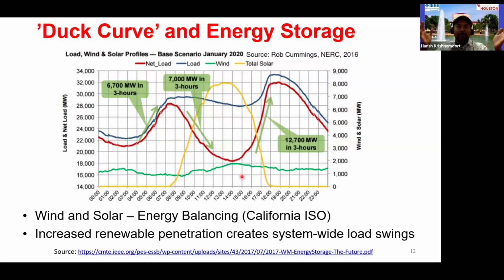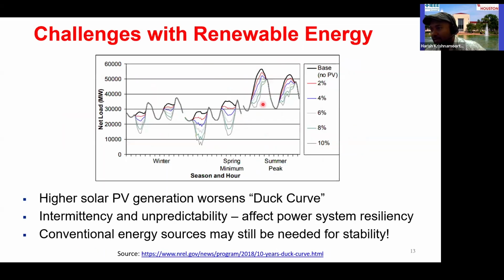So it looks like a canyon, no longer a duck, and that's even worse because now you have to ramp up in the evening, and the net load has to catch up much faster than what it is right now. So the increasing penetration of renewables, without taking care of this duck curve or canyon curve issue, is something that can cause a lot of issues in the future. Now, the next part is the same duck curve, and how it changes over the seasons. On the right, you can see the penetration of PV. The higher the PV penetration in the grid, the more dip you're going to have in that duck curve. So that is something that has to be kept in mind.